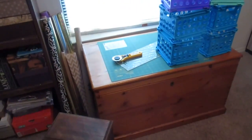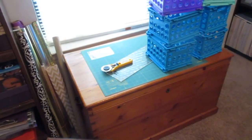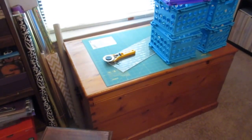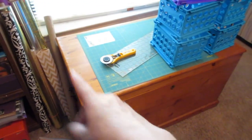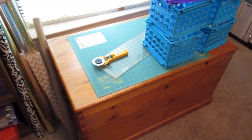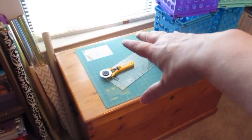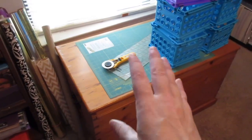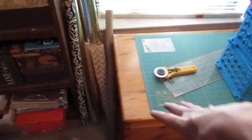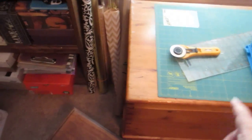So here's my chest with my rotary cutter, mat, and ruler. And that's where I walk around when I cut my cardstock or cut covers, you know, cardboard covers and stuff like that. I like to be able to walk around. I like to have it right in the light so I can see what I'm doing and be over it so I can hold it and not cut myself, all that good stuff. I wouldn't survive without this